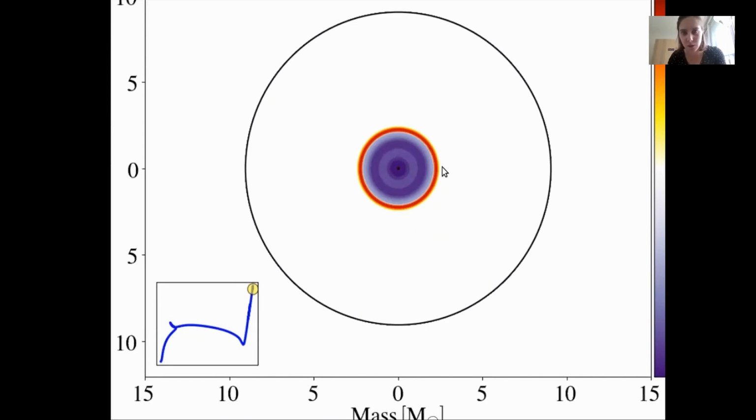And that is because you have so much energy loss from the inside of the star in the very inner core that you cannot sustain the core any longer. It has to collapse, and then you have what is called a core collapse supernova. Okay,